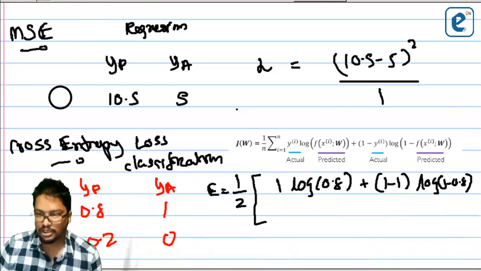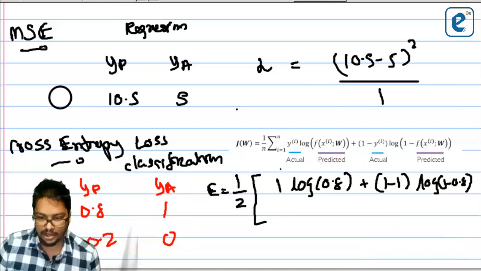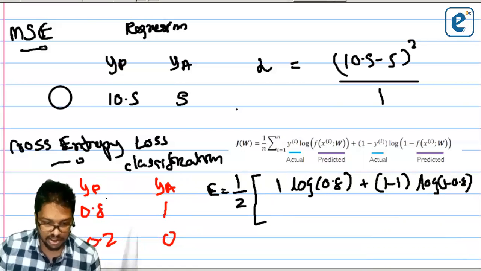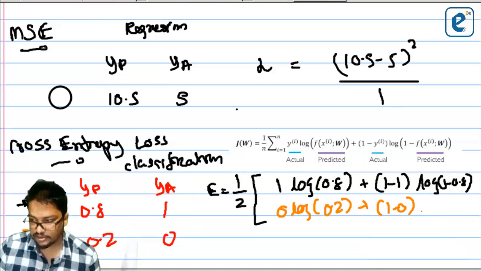So then the second neuron we have to consider is this one. First, I will write it for this one, and I will use a different color. I'm talking about this neuron now, and the actual value is 0, and the predicted value is 0.2, and 1 minus actual is 0, and log